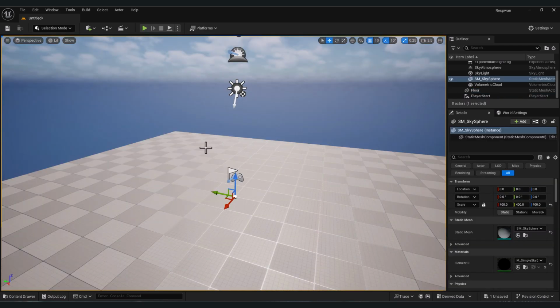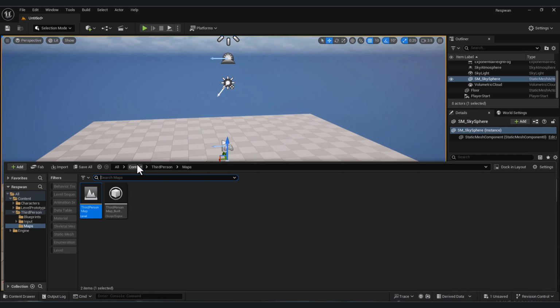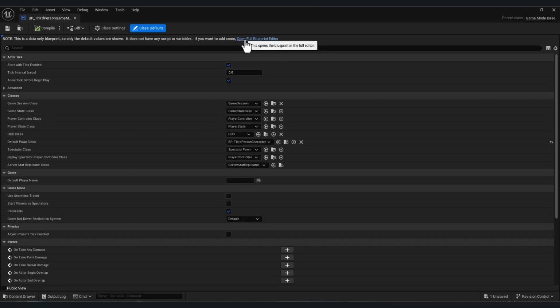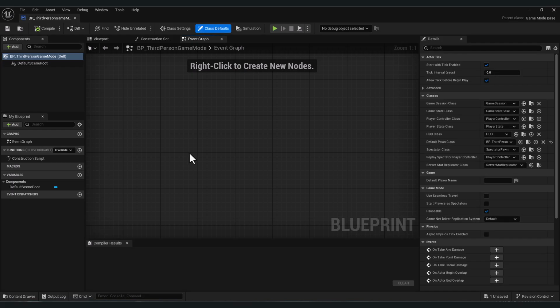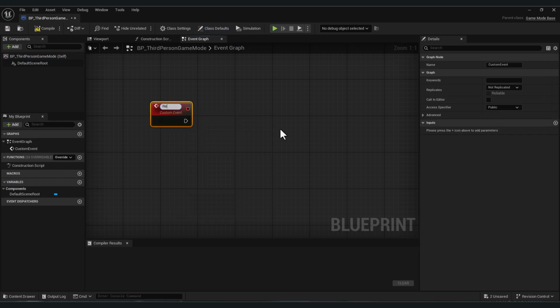First, before anything, we need to create the respawn function. And we will create this on the game mode. So first, open your game mode. If you are using the default third-person character Unreal project, you will find it in third-person, blueprint, and you will find it here. Click 2 times, open it, click open full blueprint editor. And now let's create the respawn function. So create a custom event, let's name it respawn